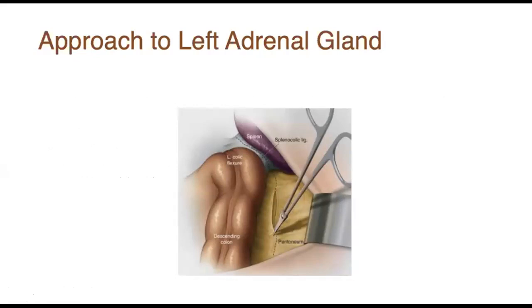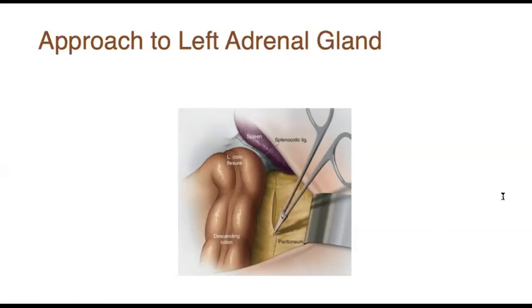The lienorenal ligament, the white line of Toldt, is incised and the descending colon is mobilized medially. The splenic flexure is then taken down by dividing the splenocolic ligament. As you can see in this picture, this is the splenocolic ligament. At the bottom of this is the white line of Toldt, so it should be opened from the left colonic flexure, or in this case, the